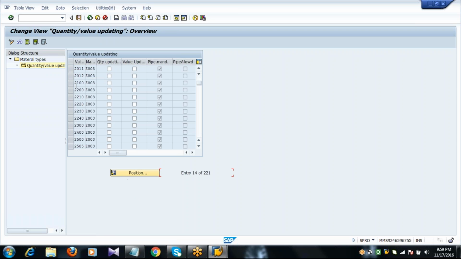Press enter. So with the combination of valuation area or plant and the material type, activate the indicators quantity updating, value updating. Save.